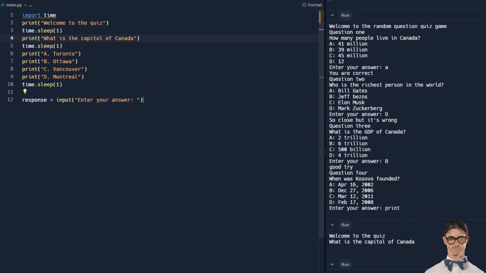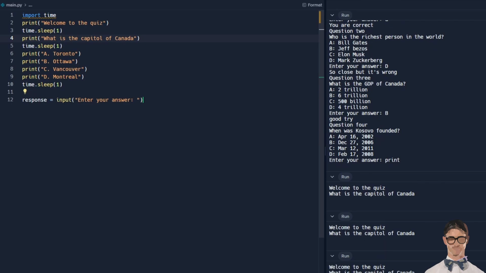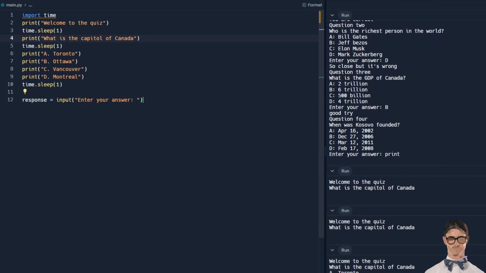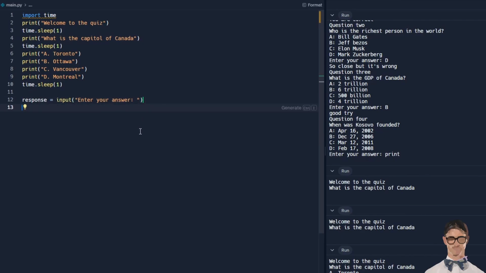So first, let's just run this to see if it works. See, it's slowing down, then you could choose it. Now they can actually input what they think the answer is. But the first thing we gotta do is, I'm gonna now show you what an if statement is. For this part, basically, you tell the computer, if response